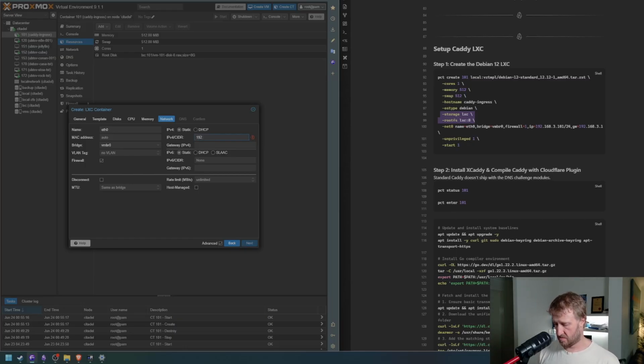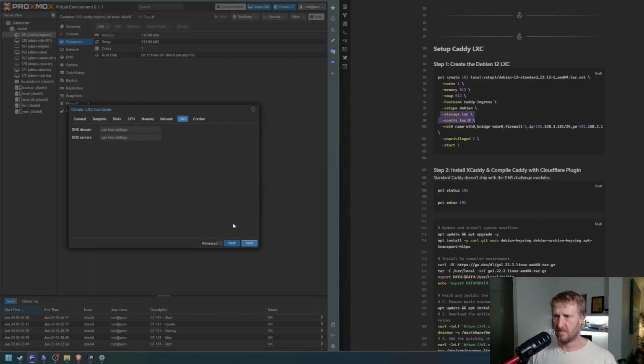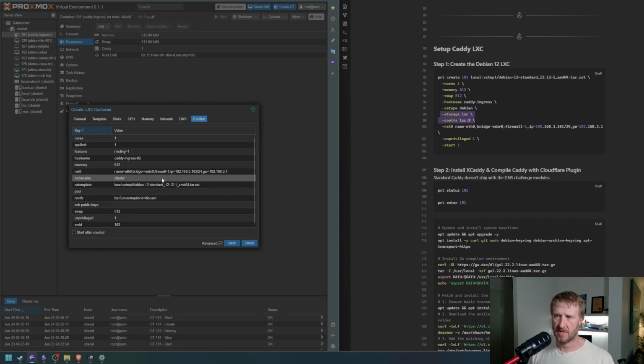We're going to do 168.3.102/24, gateway 168.3.1. Keep it static. We're not going to give it an IPv6. No rate limited. Next, DNS domain. We're going to use the host settings. And then if we click Start after created,